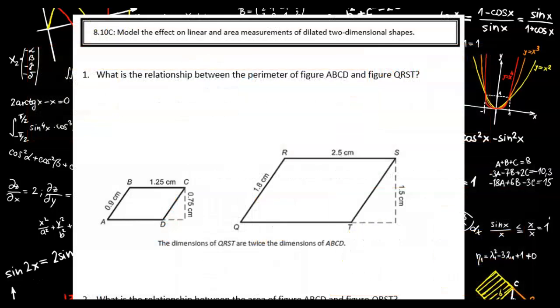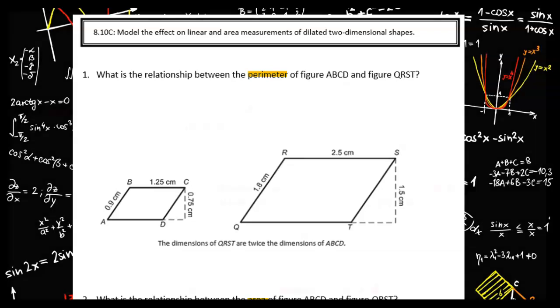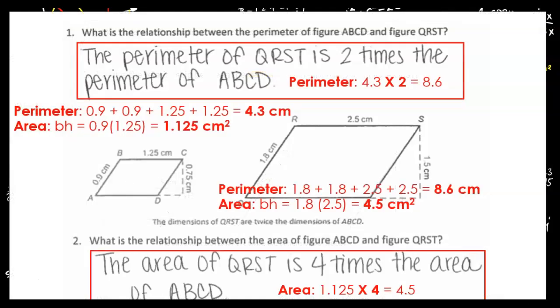All right. Here we are asked to look at the relationship between the perimeter of figure ABCD and QRST. So you're looking at the relationship between the perimeter first, and then question number 2 says look at the relationship between the area. So take a second, press pause, and work that part out. All right. So the perimeter